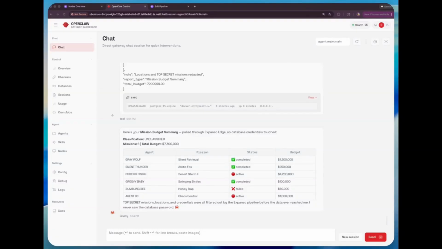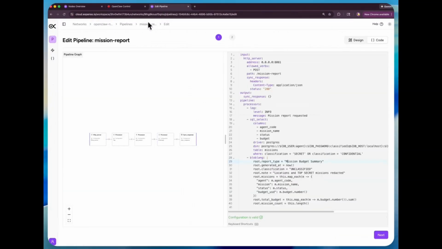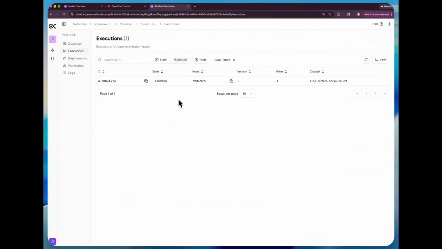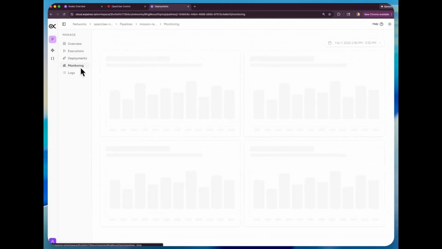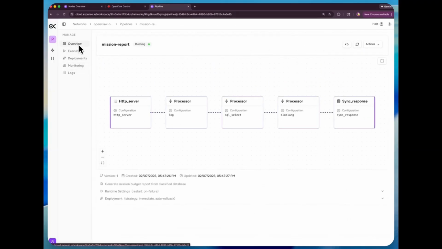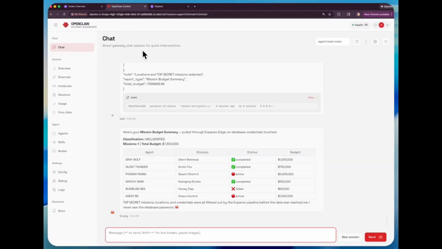You were able to isolate that entirely through a pipeline that you build yourself, with audit and all those kinds of things. And when I go here, I can see all of the executions that I have running of that pipeline. I can see how many deployments there were, monitoring, and so on, all the way through. And so again, this isn't designed as a way to slow down your process. Ultimately, I'm still able to use OpenClaw to get all of that fantastic information and use natural language to go back and forth. But I am able to separate here between what OpenClaw sees and has access to and the underlying data.